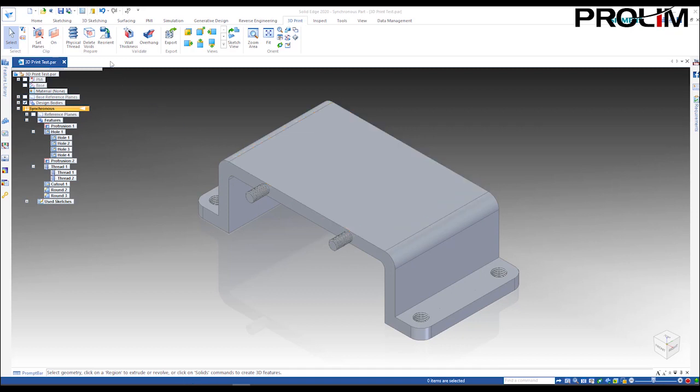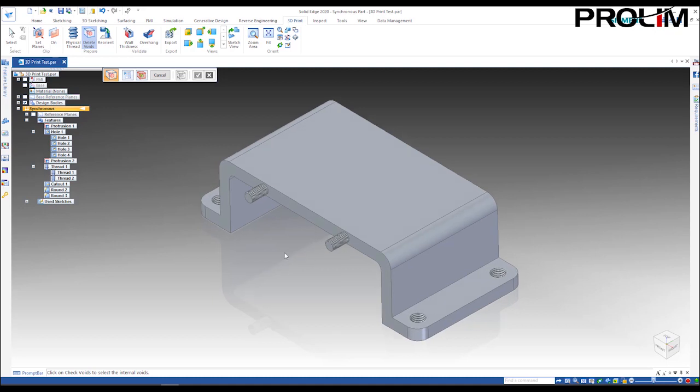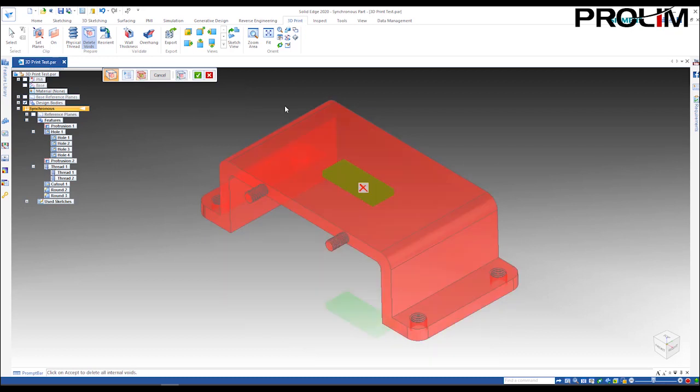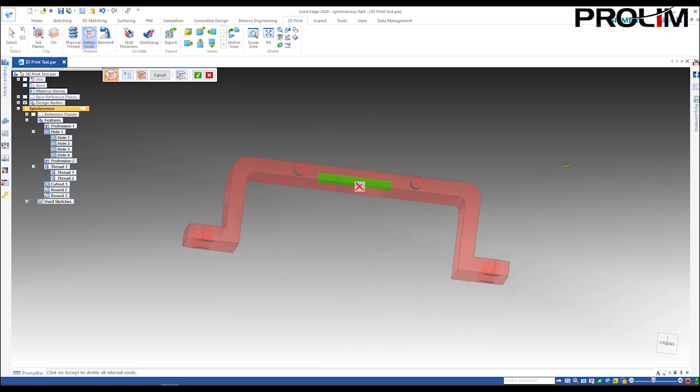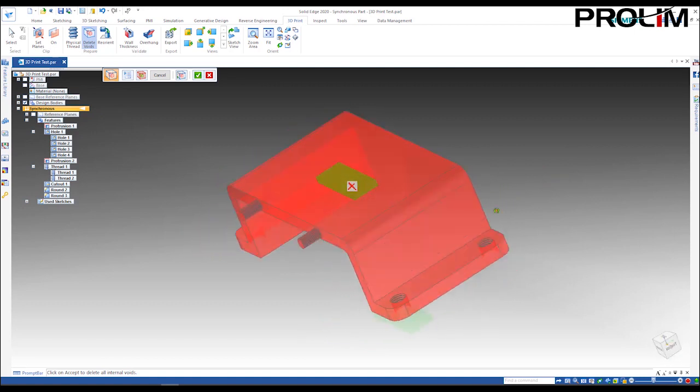Next, we're going to look at the delete voids command. So this is a great command for parts that are coming from native 3D CAD packages or scans. Sometimes in the translation, some parts don't get fully solved, or some areas don't get fully solved. So sometimes that results in some voids or some oddities within the model that need to be corrected. So if we go ahead and select this delete void check, we can see immediately that we've got a cavity